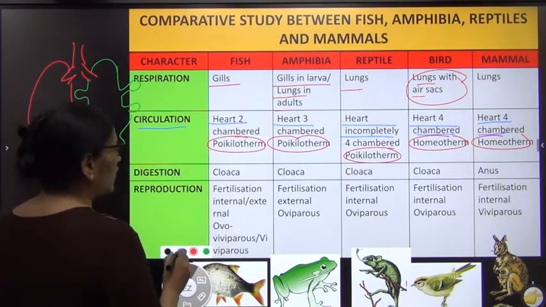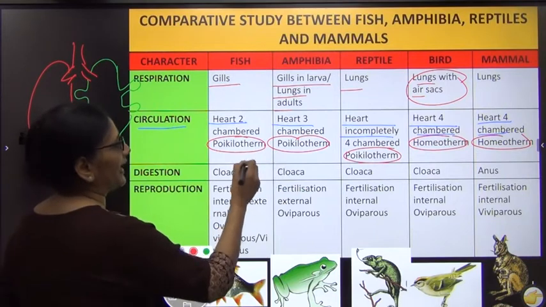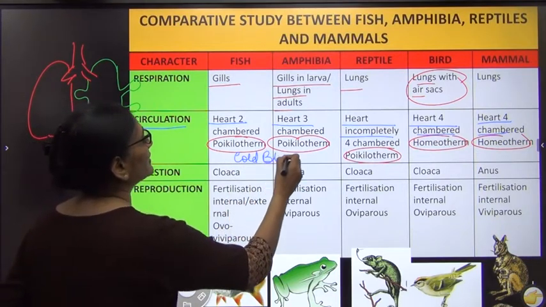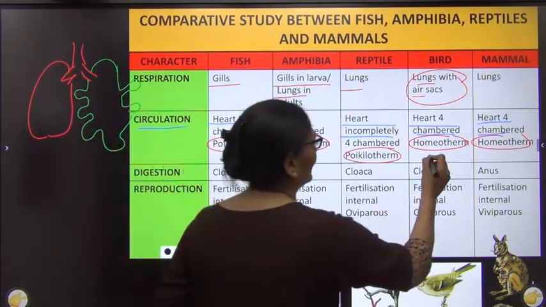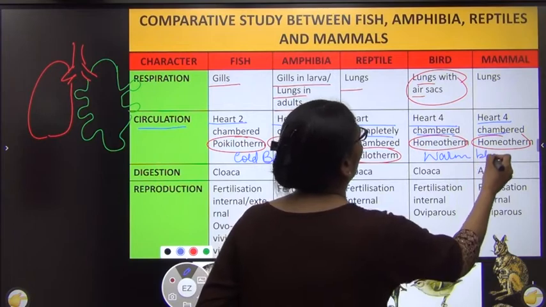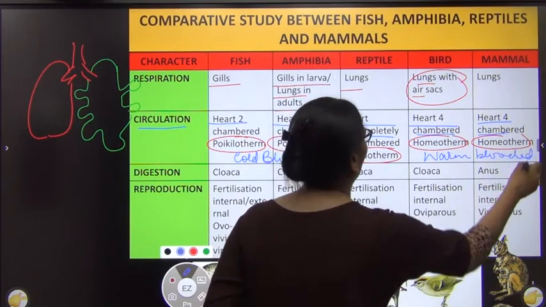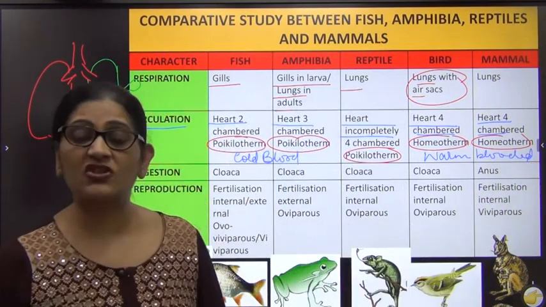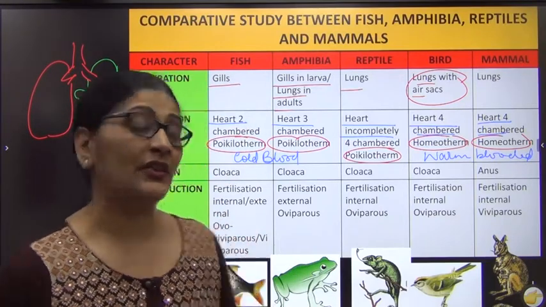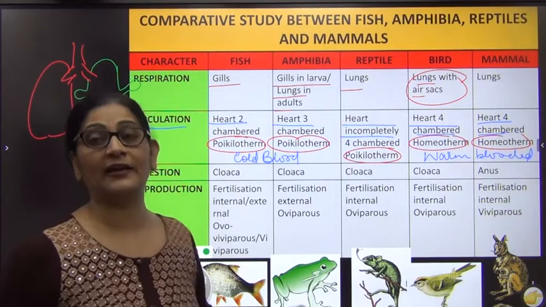Now what does that mean? Poikilotherms in simple language means they are cold-blooded. ठीक है, these are cold-blooded animals. And homeotherms in simple language means they are warm-blooded animals. अब आप बोलोगे मैम what is cold-blooded and warm-blooded? Let me tell you. वैसे animals जिनके body का temperature changes with the ambient temperature, they are called as poikilotherms or cold-blooded. That means